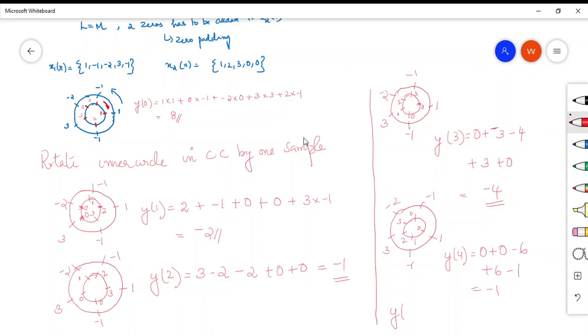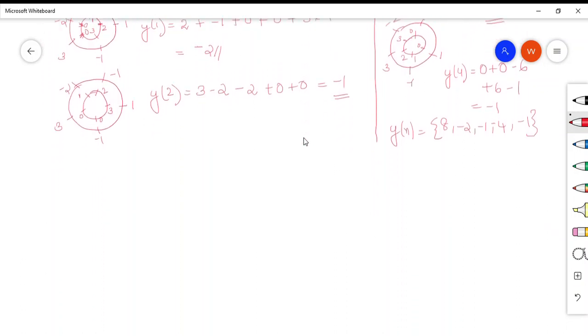So y of n is now equal to what? 8, minus 2, minus 1, minus 4, minus 1. This is the answer by circular convolution using the concentric circle method. Now there is one simple method, that is the matrix method. I will show that also. So in the matrix method, what we have to do is